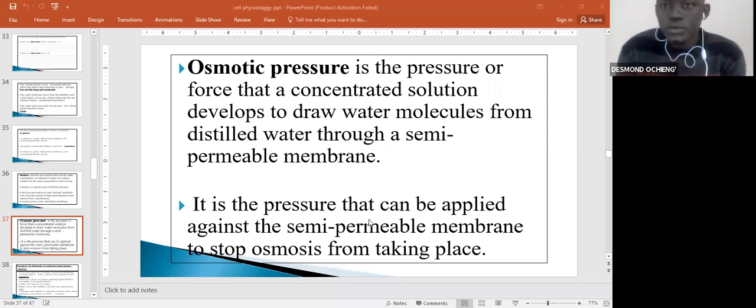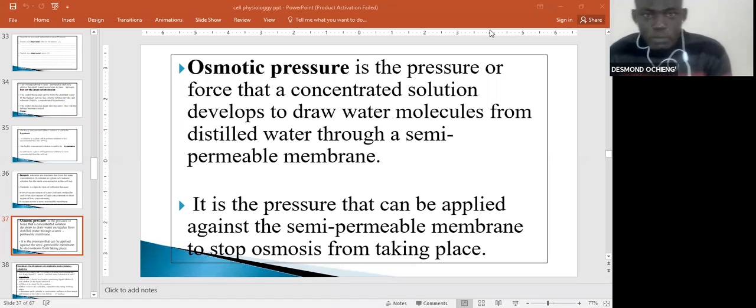Let me find out these questions here. Okay. Teacher, how can it stop osmosis, yet it is used to help distilled water to move to the salt solution? Now, I said